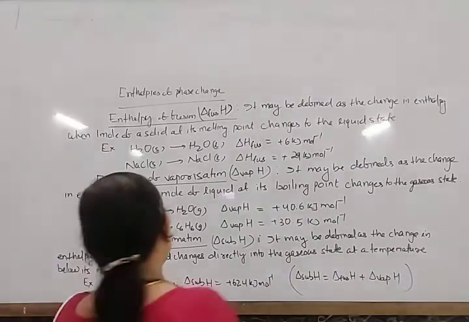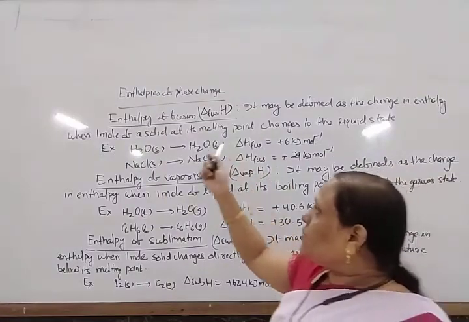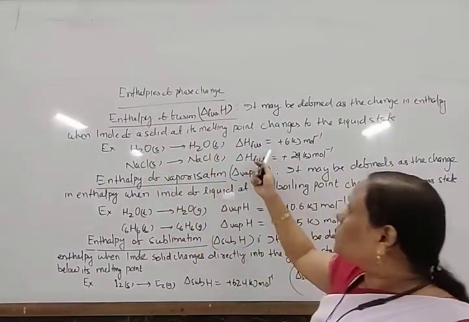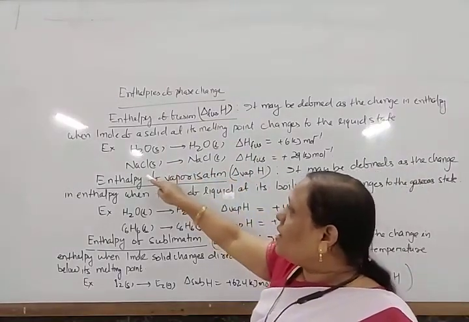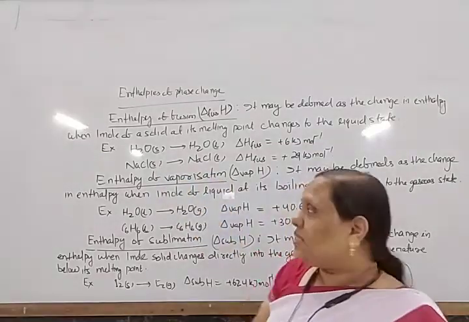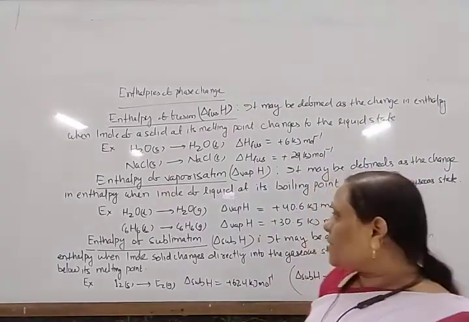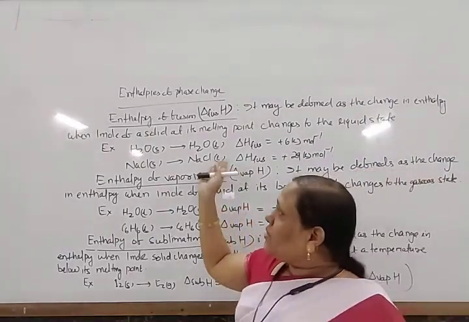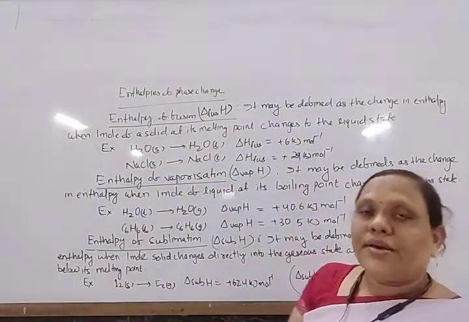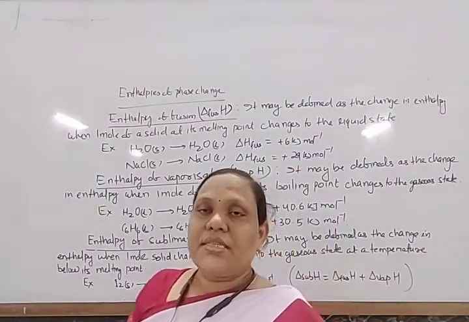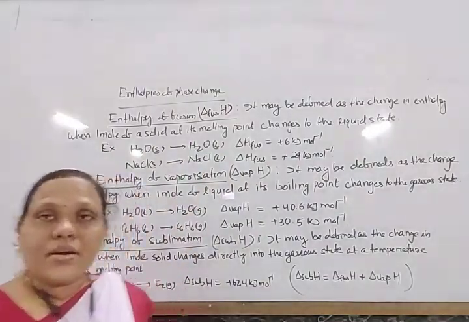Remember one thing: if solid to liquid absorbs some amount of heat, then when it is converted from liquid to solid, the same amount of heat is produced. Similarly, when NaCl liquid changes to NaCl solid, 29 kilojoule of heat is produced. When the process is reversed, positive energy terms become negative and negative ones become positive. In phase changes from solid to liquid, energy is required, so the del H values are always positive.